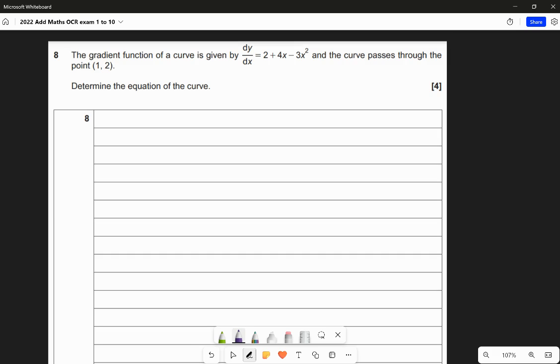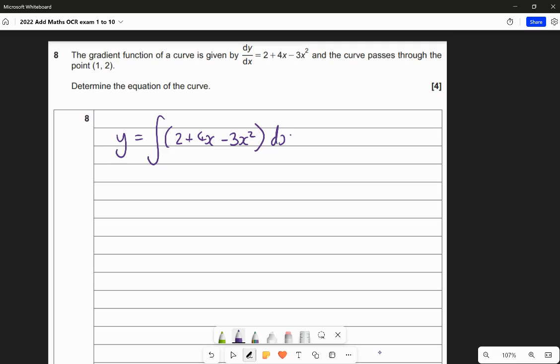So this is a classic integration problem. If you go from the gradient function to the curve, you are integrating. If you're going from the curve to the gradient function, you are differentiating. So to find y, we need to integrate this function, 2 plus 4x minus 3x squared,